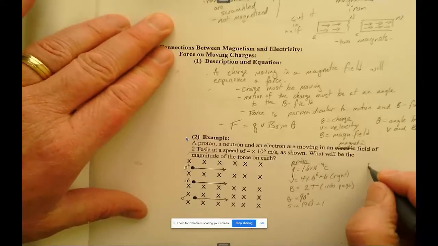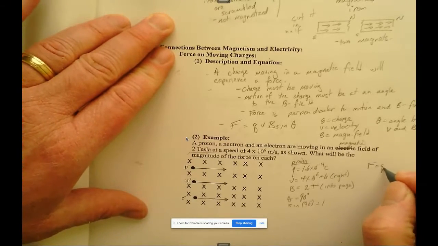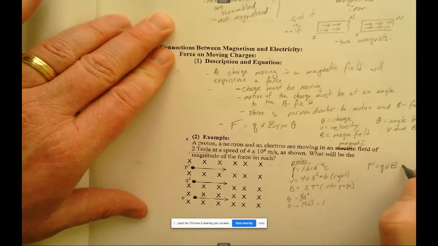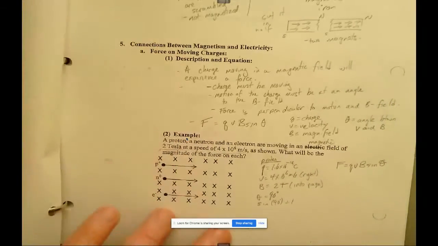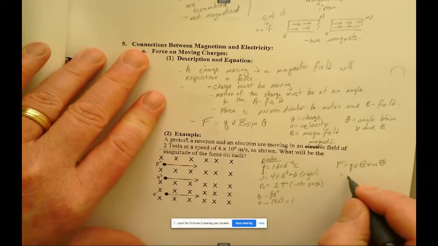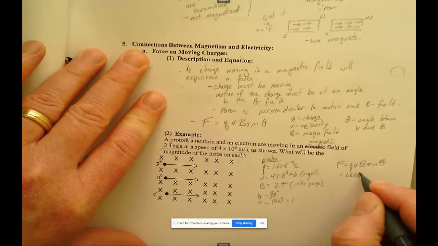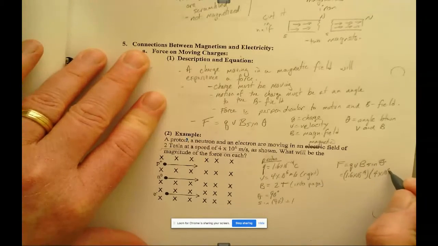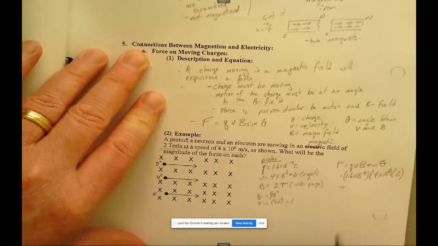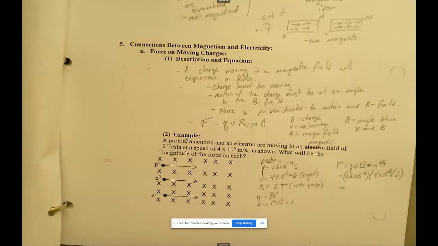So now I'm going to do F equals QVB sine theta, and I can ignore the sine theta because theta is 90 degrees. And I'm going to get 1.6 times 10 to the minus 19th times V, which was 4 times 10 to the 6th, and the magnetic field is 2. And when I solve that, I'm going to get a value